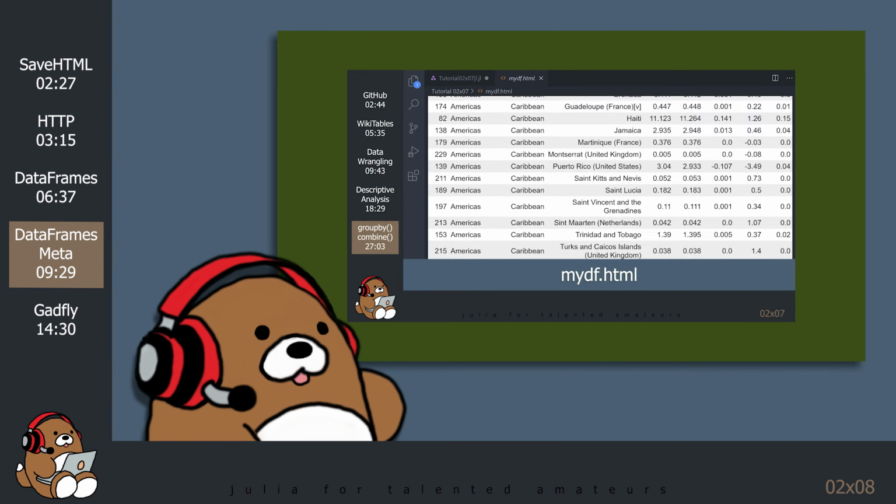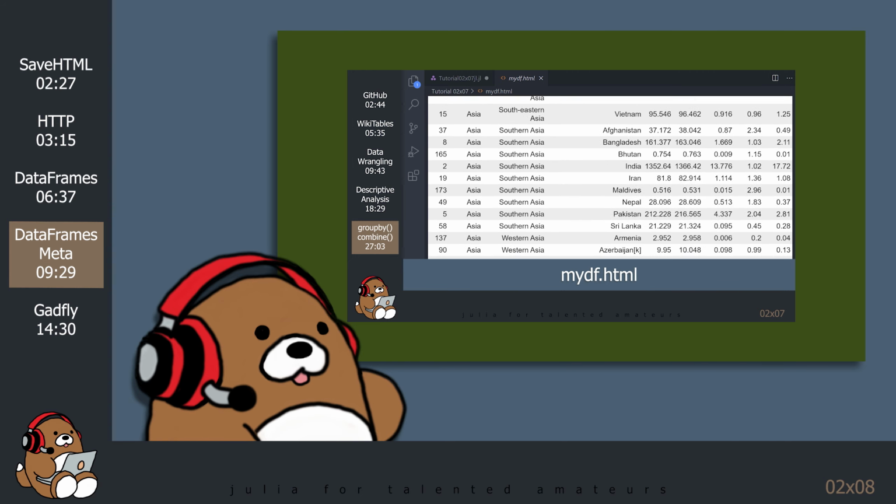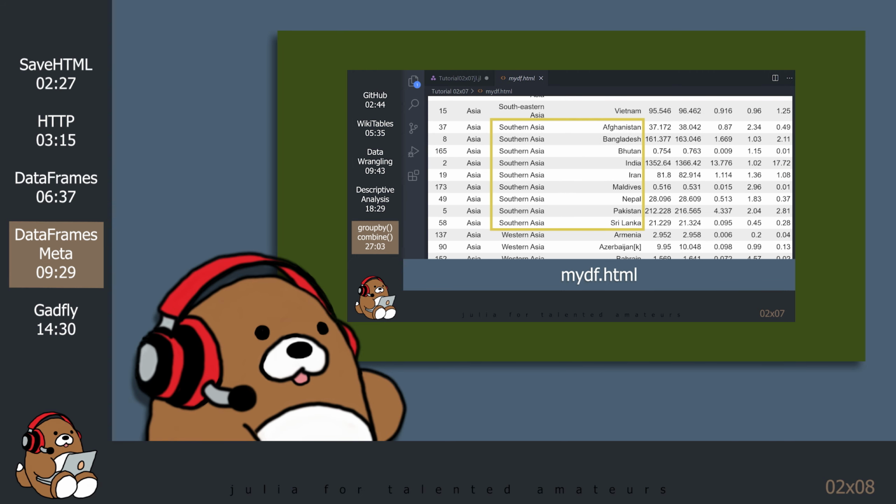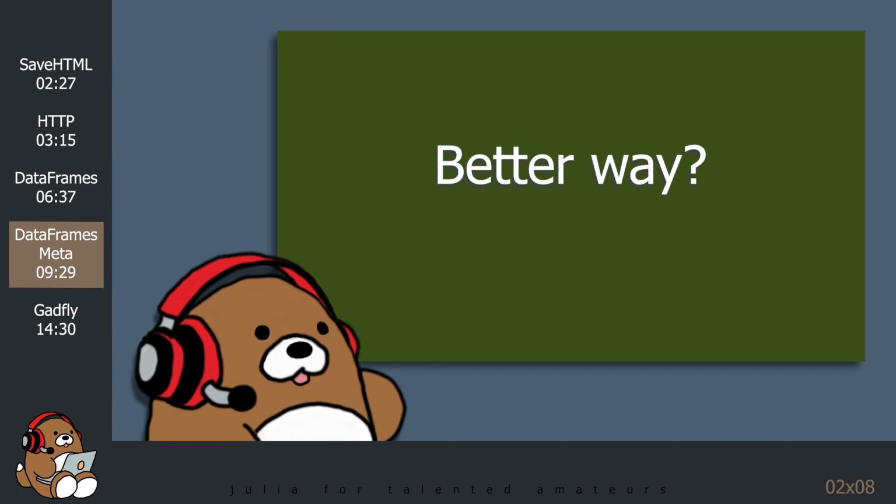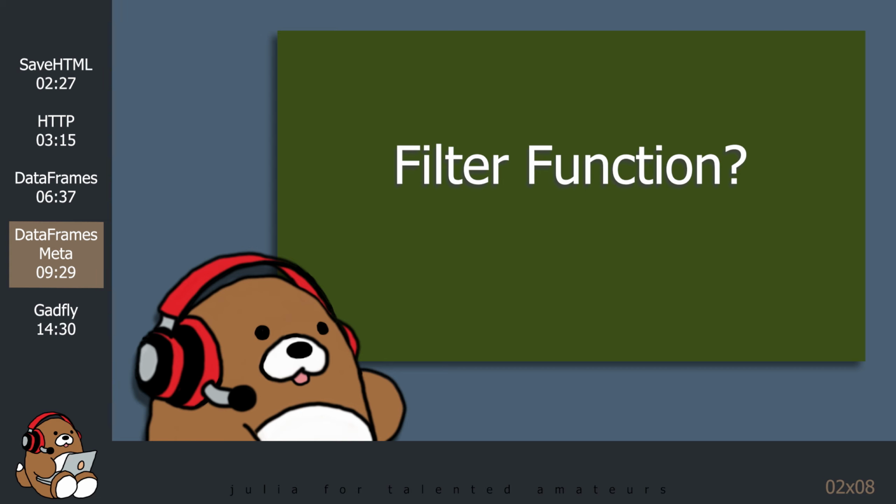Recall from last week's tutorial, when I wanted to find the list of countries in the Southern Asia subregion, I opened up our data frame that contained a list of all of the countries and then scrolled through the list to find them. While that may be fine with a small dataset, with a large dataset, that might not be possible. What I should have done was to filter the data frame to find the Southern Asia subregion countries programmatically.